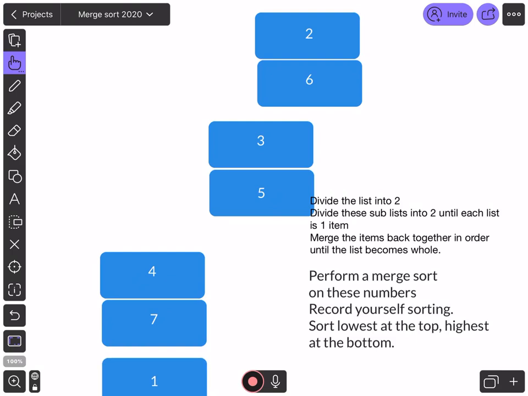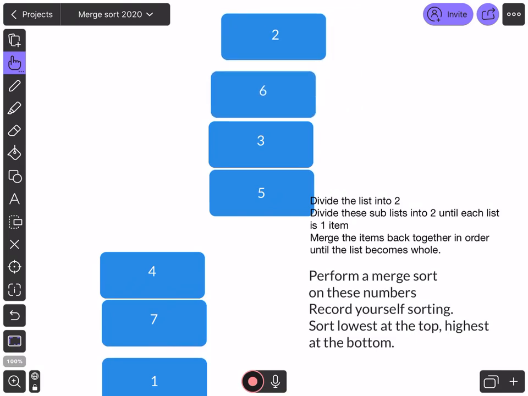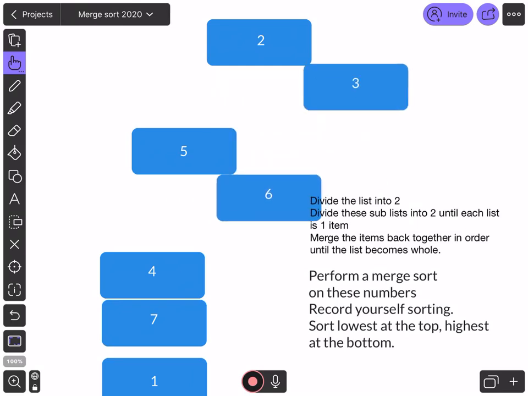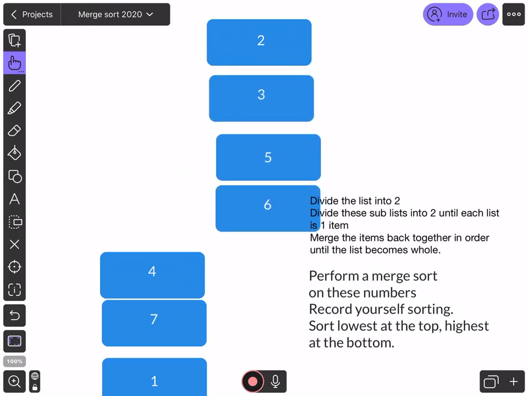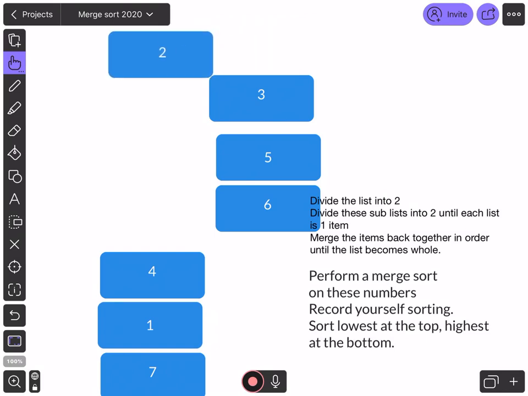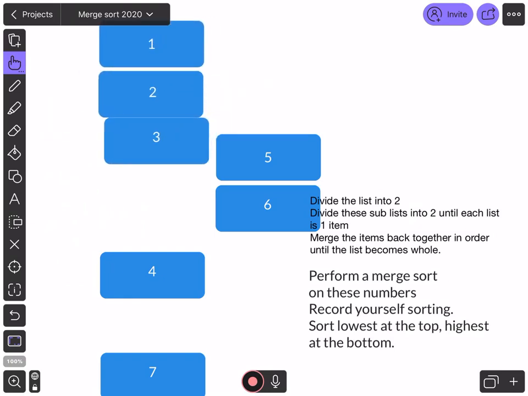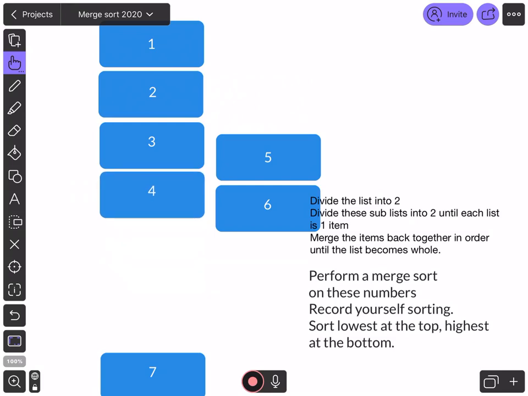So now we've got lists of 2, we now merge this back into 4. So this list here now becomes 4, and as it merges, it again compares each number and swaps them around so the numbers are in the correct order. Same with the bottom list here, we're going to swap those 2 around now. So we now have 2 lists, 1 of 4, 1 of 3. So now we merge both of these lists together to make our original list. And as they merge together, what they do is they order themselves into the correct order, like so.